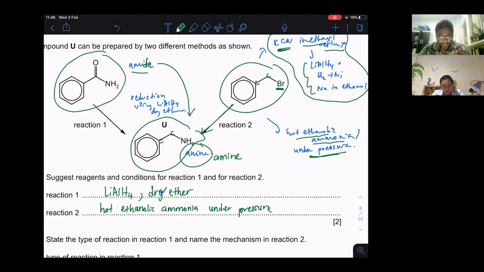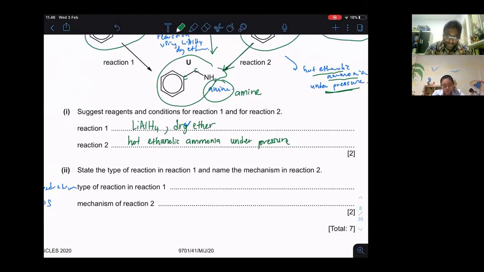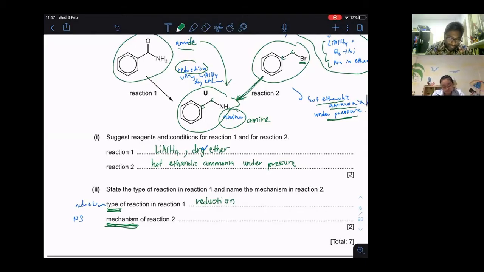So, the type of reaction in reaction 1 and name the mechanism in reaction 2. The type of reaction: you can see here, amide to become amine, you are using a reducing agent. The type of reaction is reduction. So you see the terms they are using, type of reaction and mechanism of the reaction. The mechanism is going to be different for reaction 2. What kind of mechanism are we talking about? This mechanism involves any reaction about halogenoalkane and alcohol. Please remember this: halogenoalkane or alcohol will involve